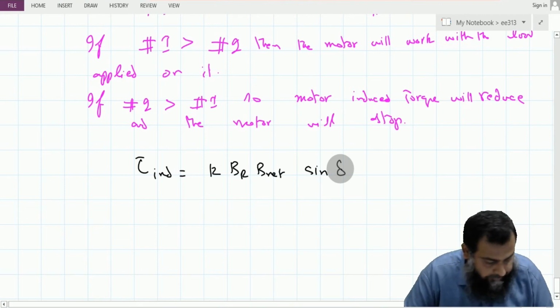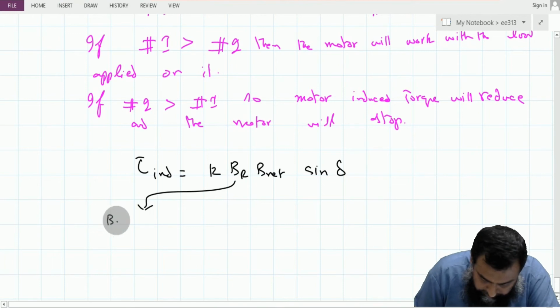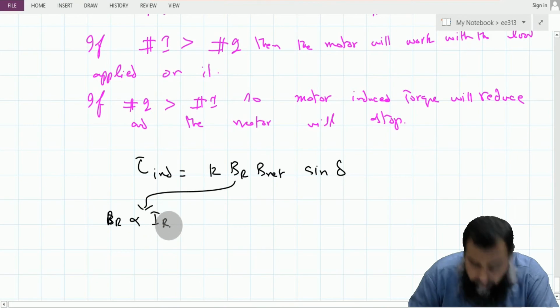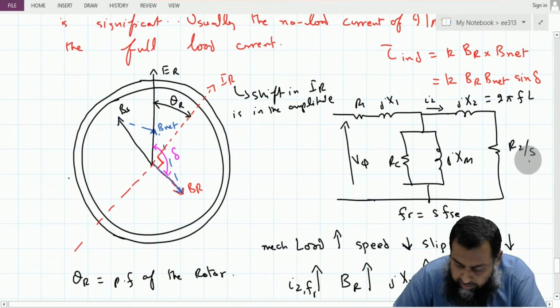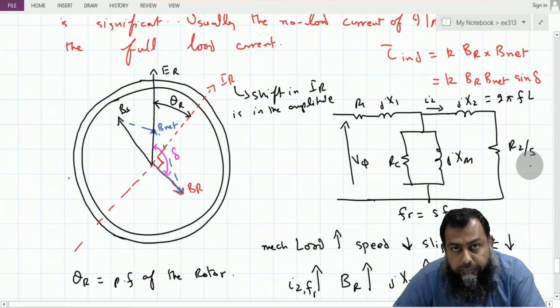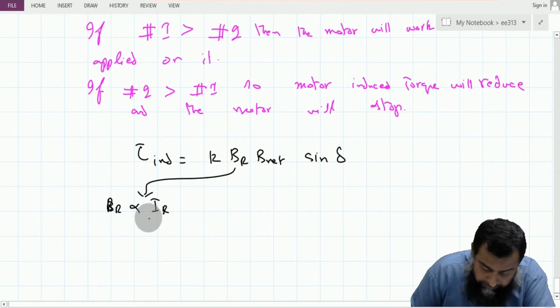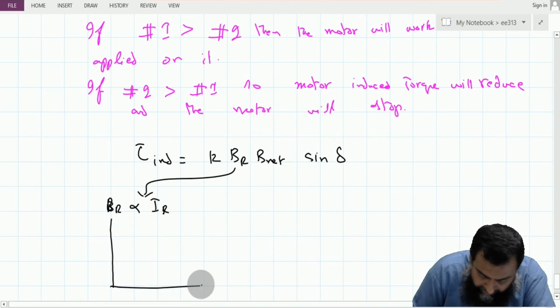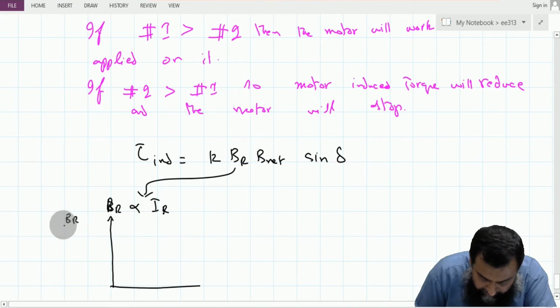We have also seen that this B_R is proportional to the amount of the rotor current I_R, as we have discussed here, and this I_R again is dependent on the value of the slip here, right? So it is proportional to the slip, and therefore we can plot this B_R, the magnetic field of the rotor,